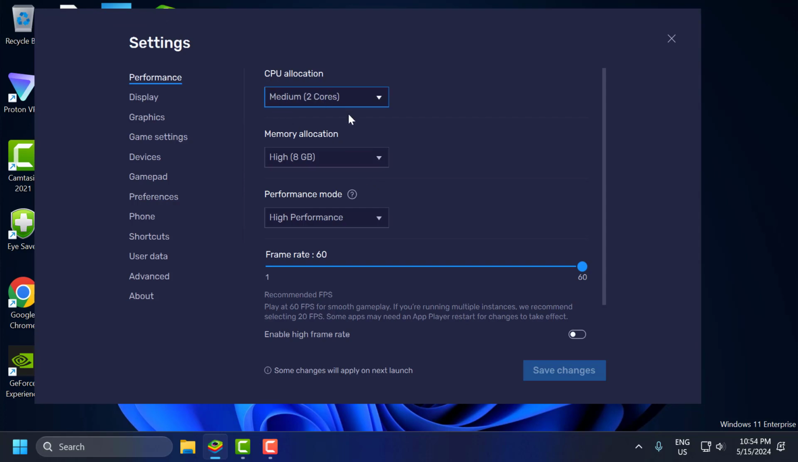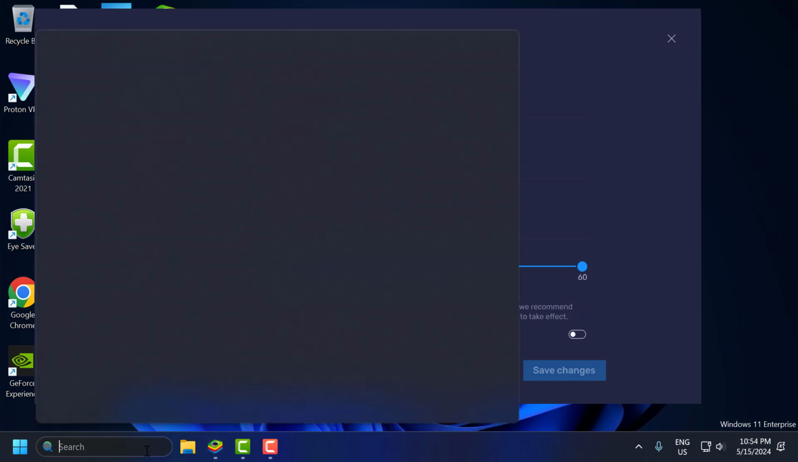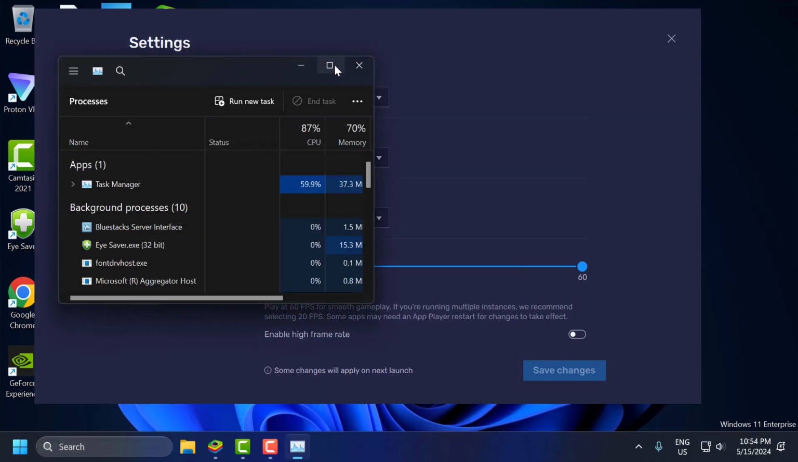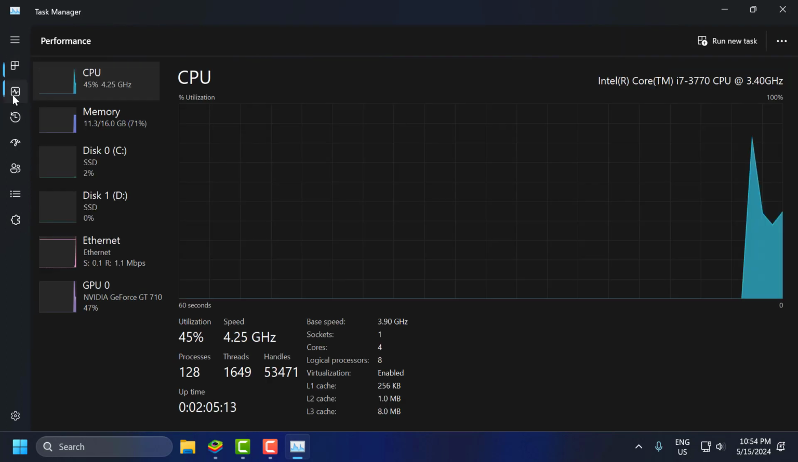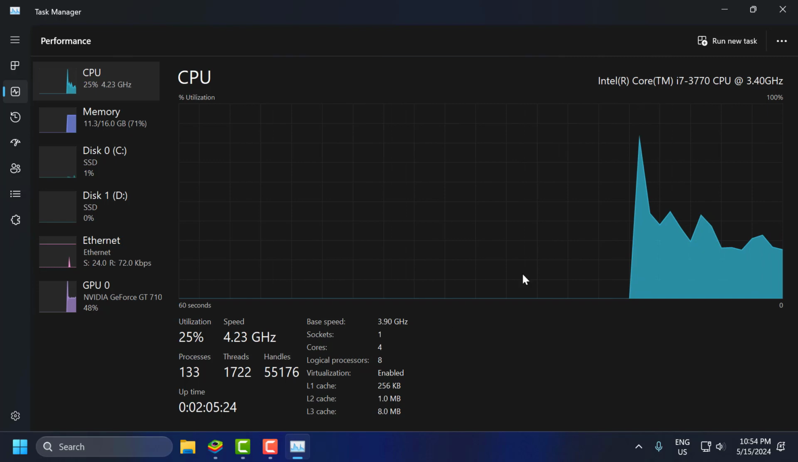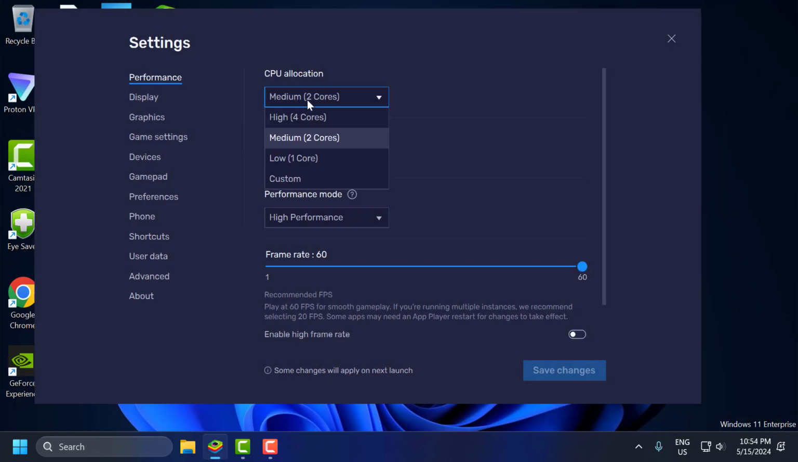In CPU allocation, I show you guys how many cores you can set. To know that, you just need to go to search menu and type task manager, click on open it, go to performance, and as you can see I have 4 cores in here. What that means, I only need to use 2 cores in the CPU allocation guys. Click on this drop down and select 2 cores, and I recommend using half, otherwise your PC may not have